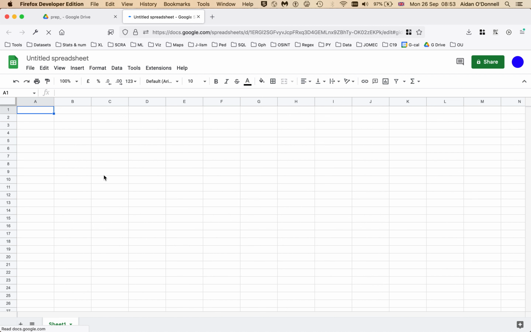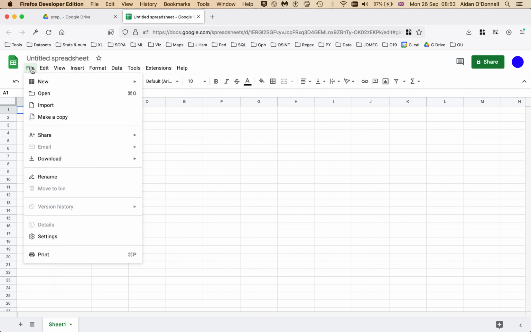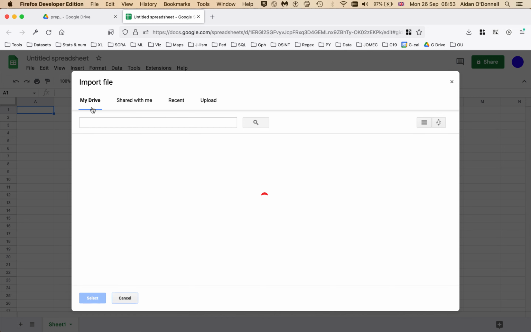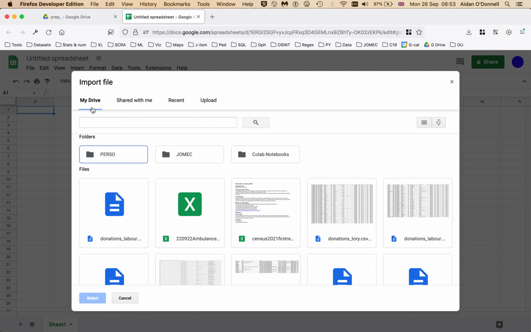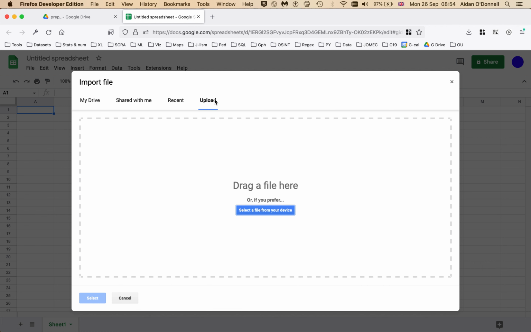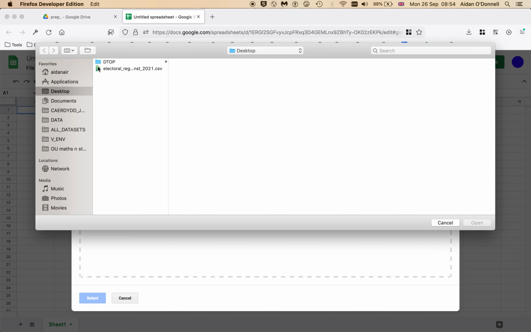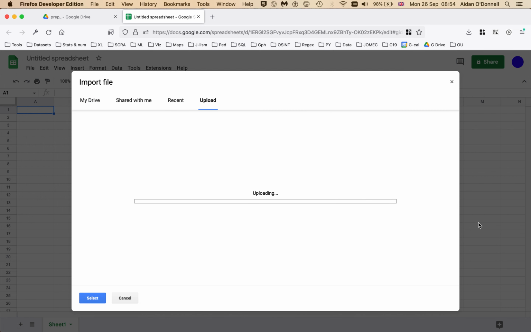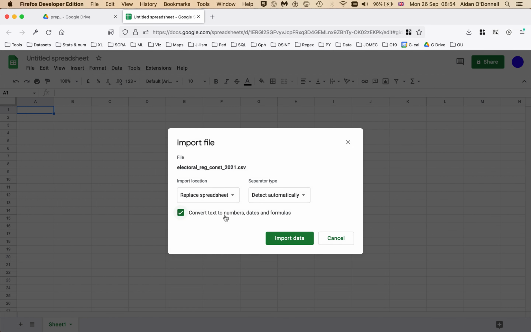Now there are several ways of getting data into a Google Sheet, but we're just going to upload it from the desktop. So we go to File, we go to Import, click on that, and then there's all sorts of places we can collect data from, but we're going to go to Upload, and then select a file from your device. So we click on our electoral register file, and it asks us if